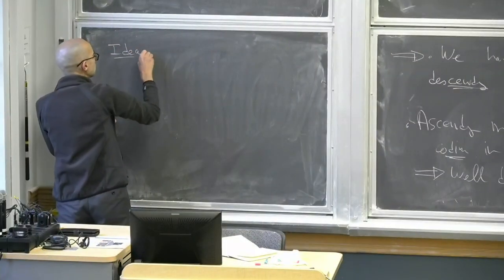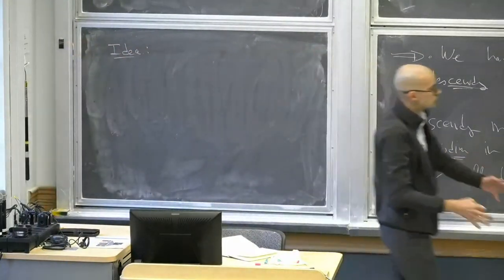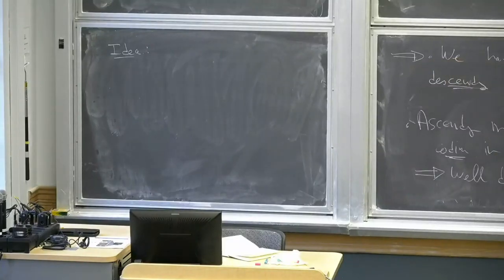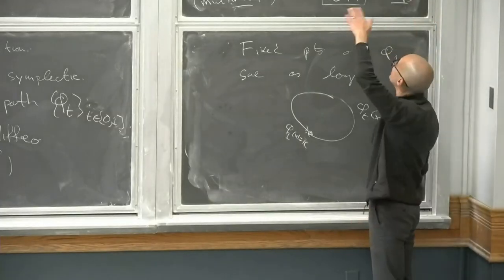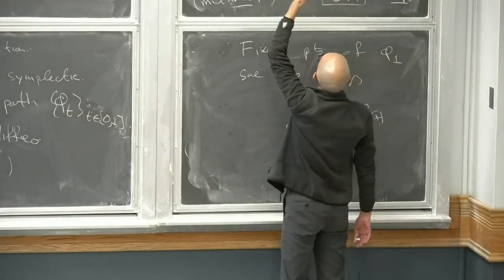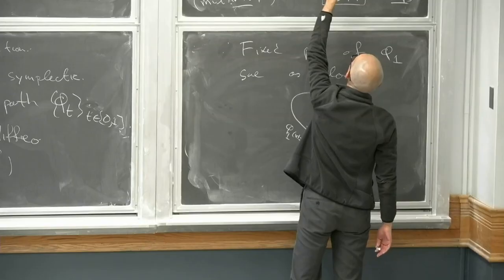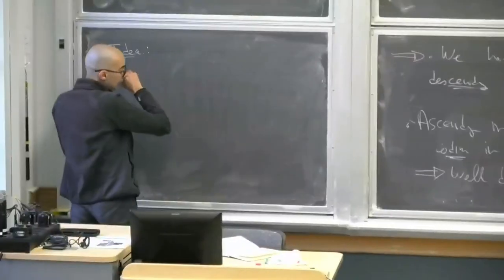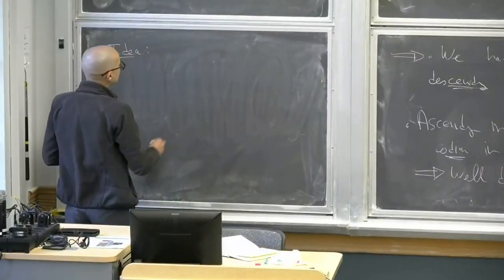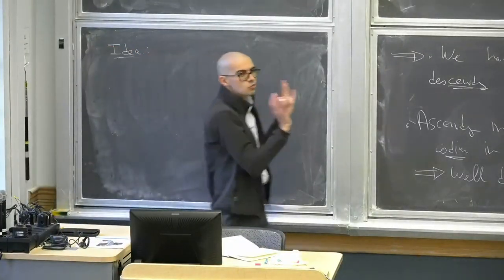We're going to have to use the symplectic form. And the reason we're going to have to use the symplectic form is that this kind of result that Arnold stated is just false in any category other than the symplectic one. You know, this looks like a Lefschetz fixed point theorem, except instead of getting the Euler characteristic, I'm getting the homology. So the idea, and again, this is still folklore, is that let's imagine that this was the identity